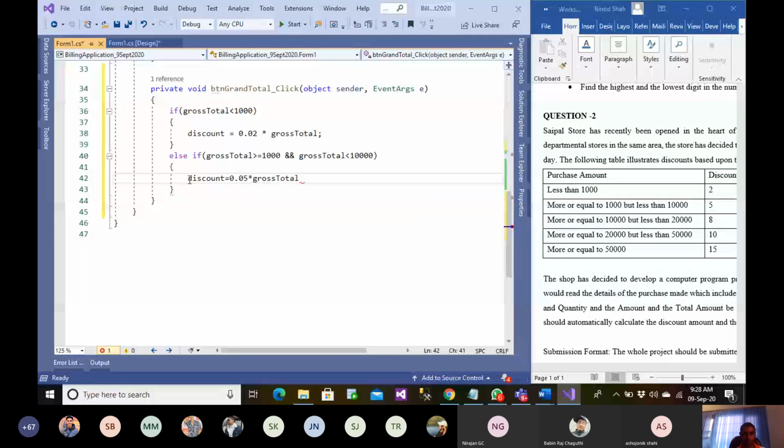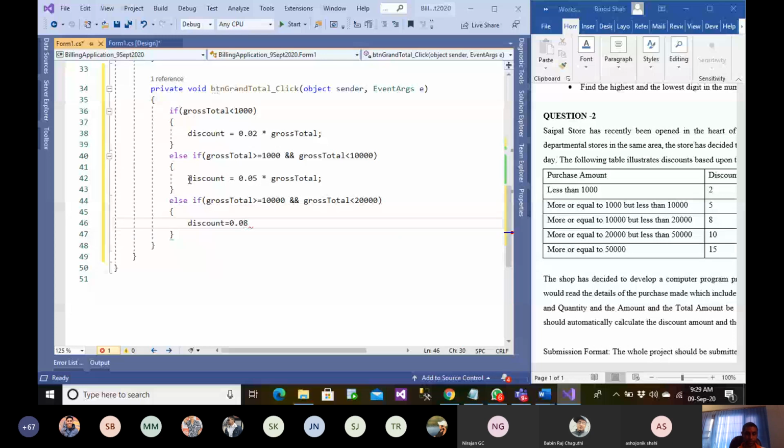Similarly, else if gross total is greater or equal to 10,000 and gross total is less than 20,000, then your discount equals 8%, so 0.08 into gross total.